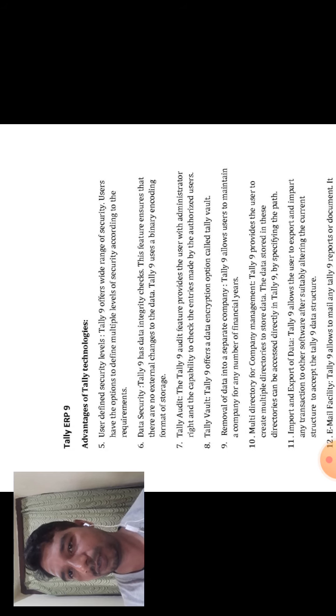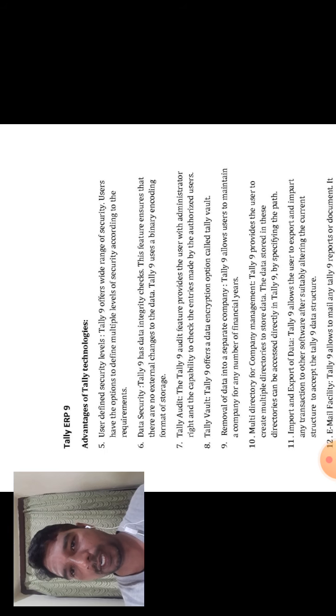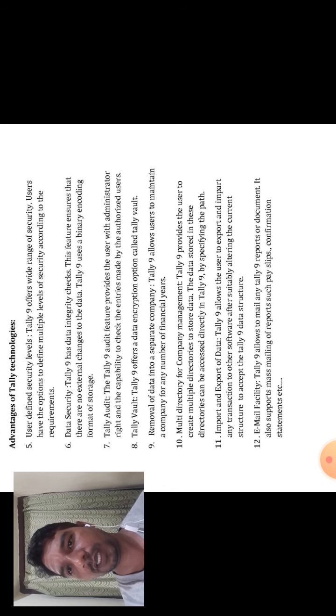The eighth one is Tally Vault, a value added feature. Tally 9 offers a data encryption option called Tally Vault. The ninth one is removal of data into a separate company.